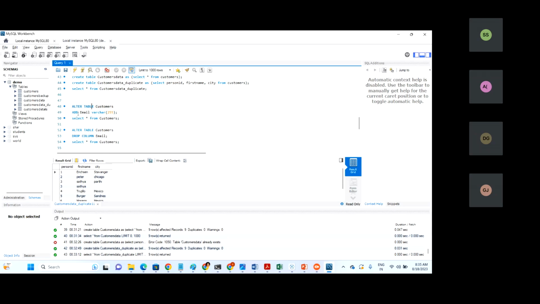You want to add a new column, so you pass the add keyword, the column name you want, and the data type you need to declare. This is how it would be: alter table customers add email varchar. So if you run this,